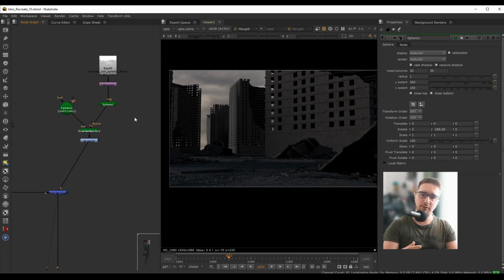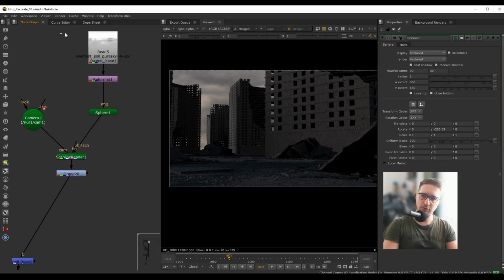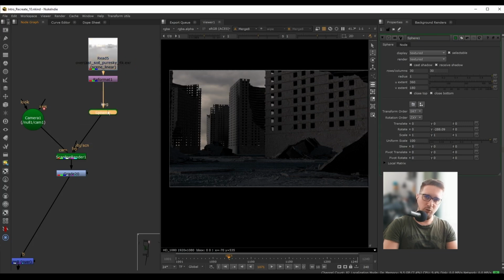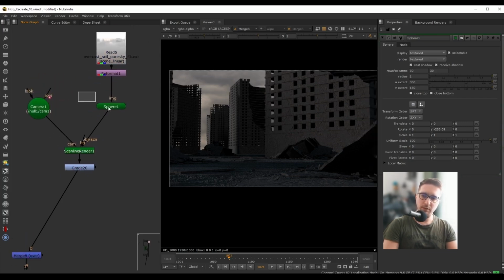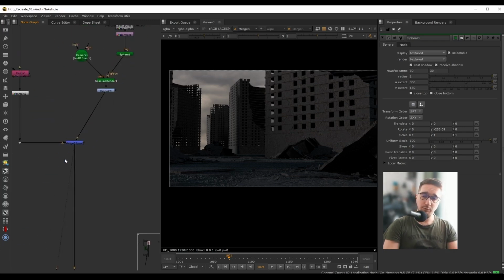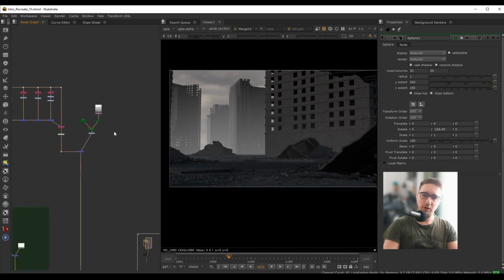So you can get pretty advanced with some of the stuff that you can do with a 3D projection and with the 3D system in general. But to keep things simple, let's just keep this as it is right here. We are just using a texture, mapping it onto a sphere, and then bringing in the camera from our 3D scene. We have our sphere linked up to our scanline render, and then this is basically a very simple sky replacement technique. We should probably also preview this from our fog layer as well to better judge how our sky